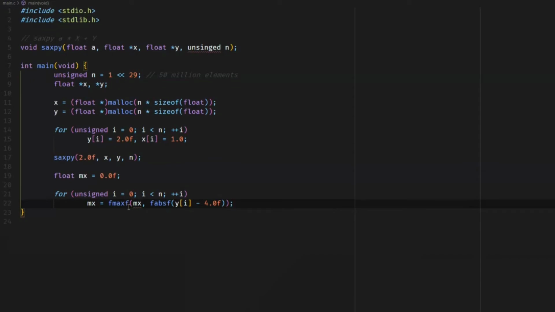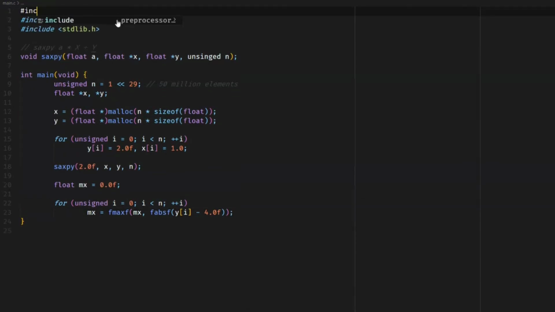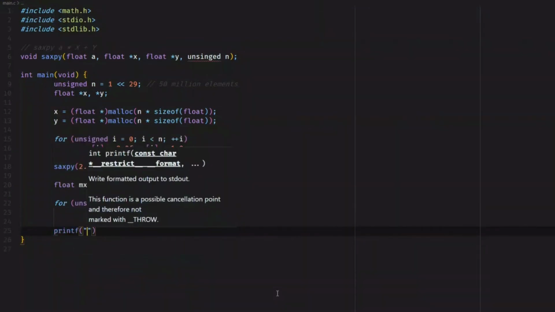Since we are using fmax and fabsf, we'll need to include math.h. We'll simply print the maximum error.